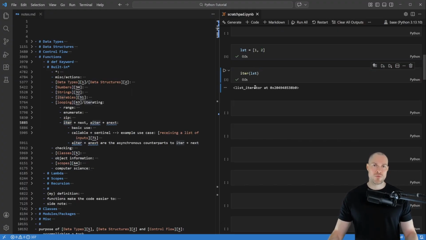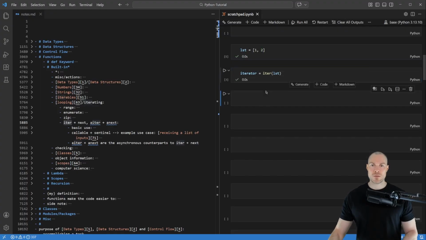And an advantage of an iterator over a list, for example, is that iterators are generally more memory efficient. And this is especially true when you have a very large list. Okay, so now let's store here this iterator into a variable. So let's simply call this iterator. And then next, what you can do is you can use this next method to get the elements of the iterator. So for example, if I say then here next and then iterator,